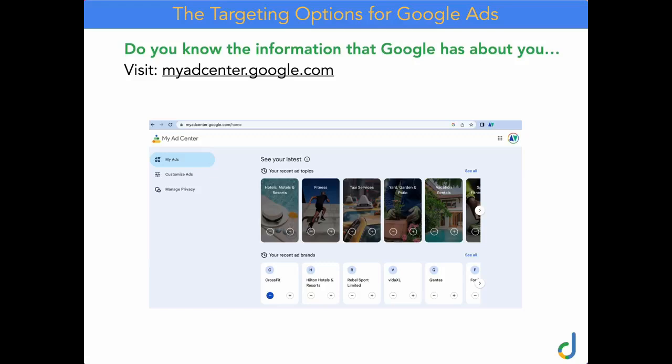Keyword targeting is highly important in Google Ads, but you can also go beyond keyword targeting. So someone who's searching your targeted keyword who is also interested in fitness or who is also interested in vacation rentals. So you can see here, you can really build a marketing persona or target your ideal customer inside of